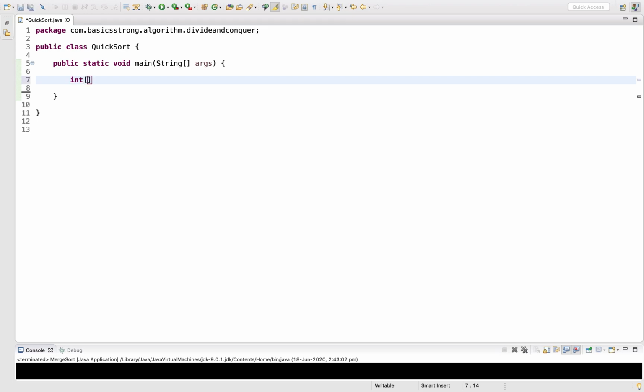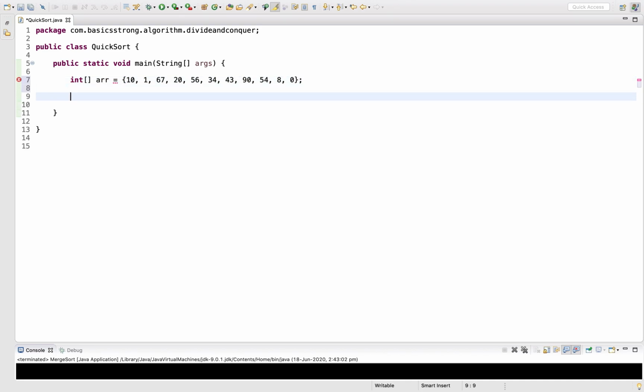So let's start writing the code for Quicksort. Let's take an array with a few elements, and now let's call a method called Quicksort, and let's pass the array, lower bound, which is 0, and the upper bound, which will be the length minus 1. Let's create this method,